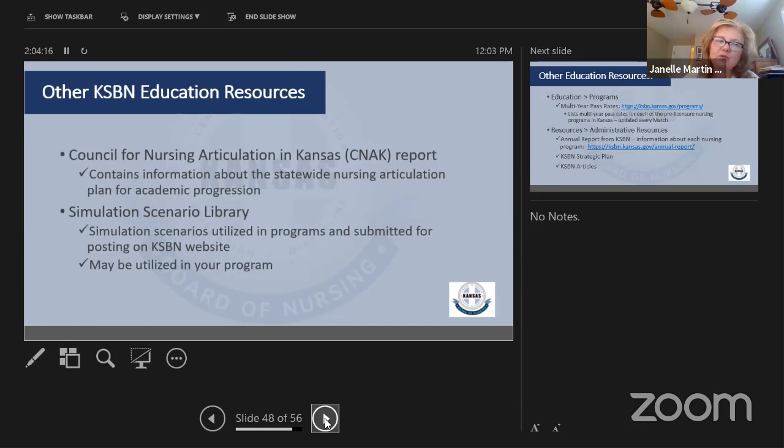For those of you who are new, this is still the articulation report. It's been out there a while, but we still have the report there if anybody's interested or is with an ADN program. The simulation scenario library, you can utilize this information. Like I said, there's been nothing new in the last year.